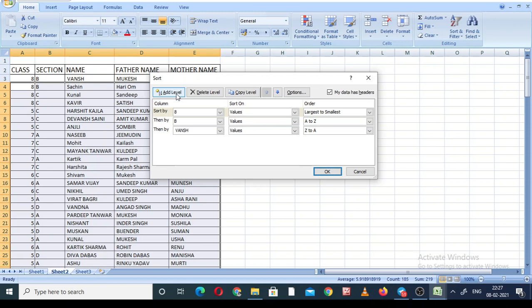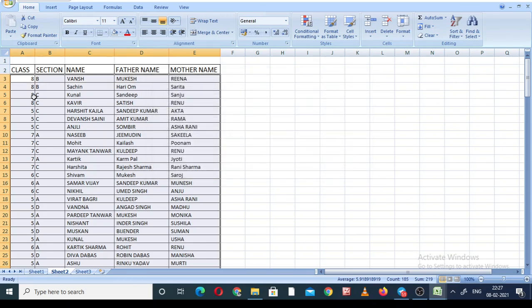The point is, why will three boxes open out and why do we require three boxes? Very simple. We want to change our data at three levels. The first is class wise, the second section wise, and the third is name wise. So it's up to you. Either we want ascending order, descending order, or largest to smallest or smallest to largest. It is also possible that we arrange the classes in ascending order but the sections in descending order, and the names again in ascending order. So that can be possible. We can do that. So let us work on it.